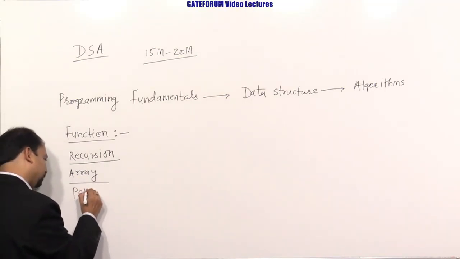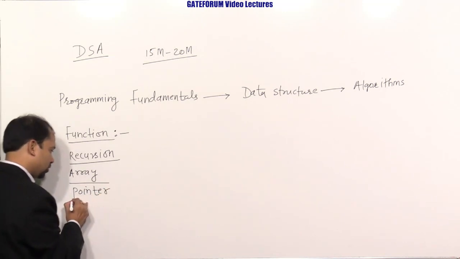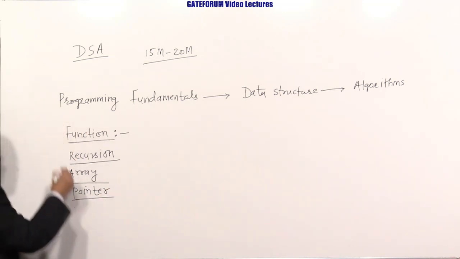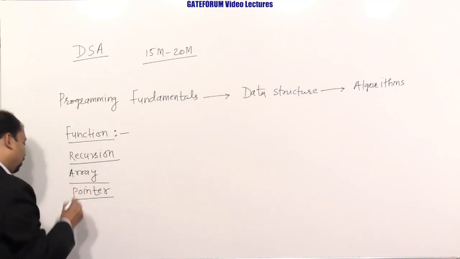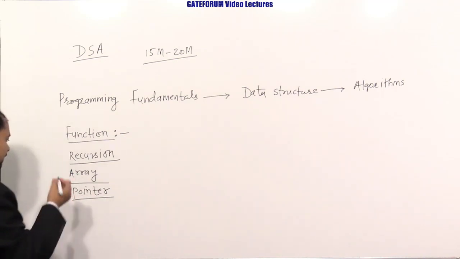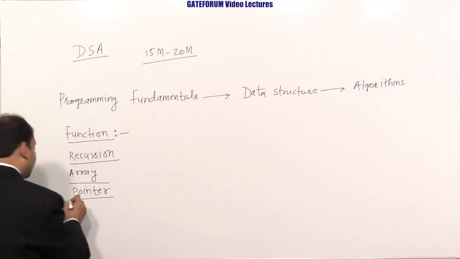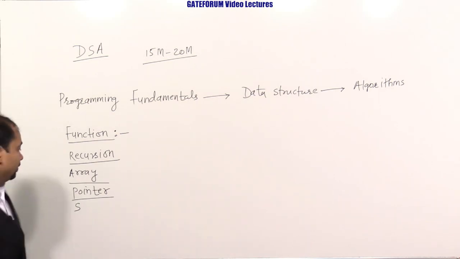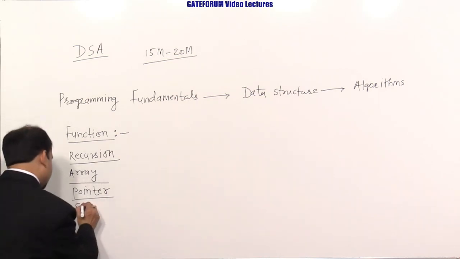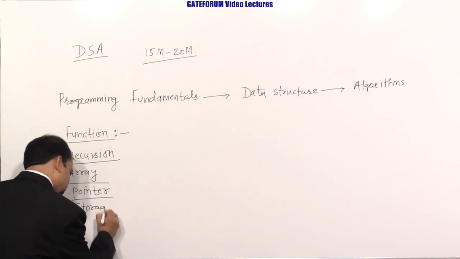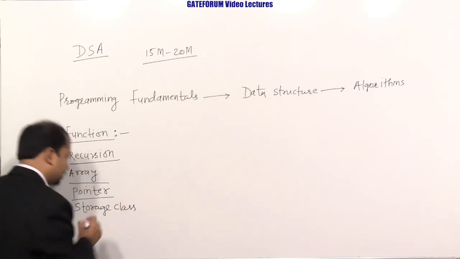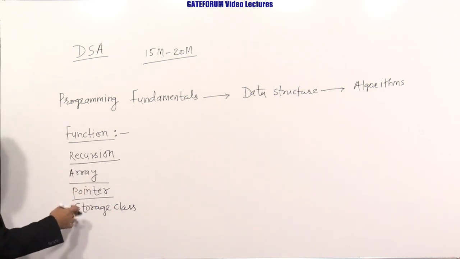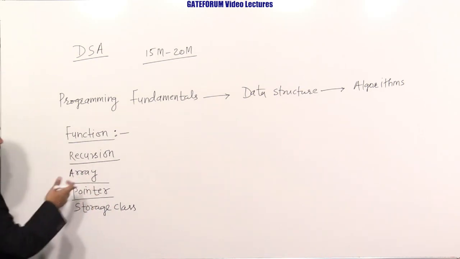and then after that we can have a pointer. We will be having pointer, array, recursion, function, and then we can also talk about some concepts like dynamic memory allocation. Then after we can have a storage class. So after pointer we can have a storage class. Let's make a storage class. And all applications of pointer, all the questions related to storage class we are going to cover one by one.